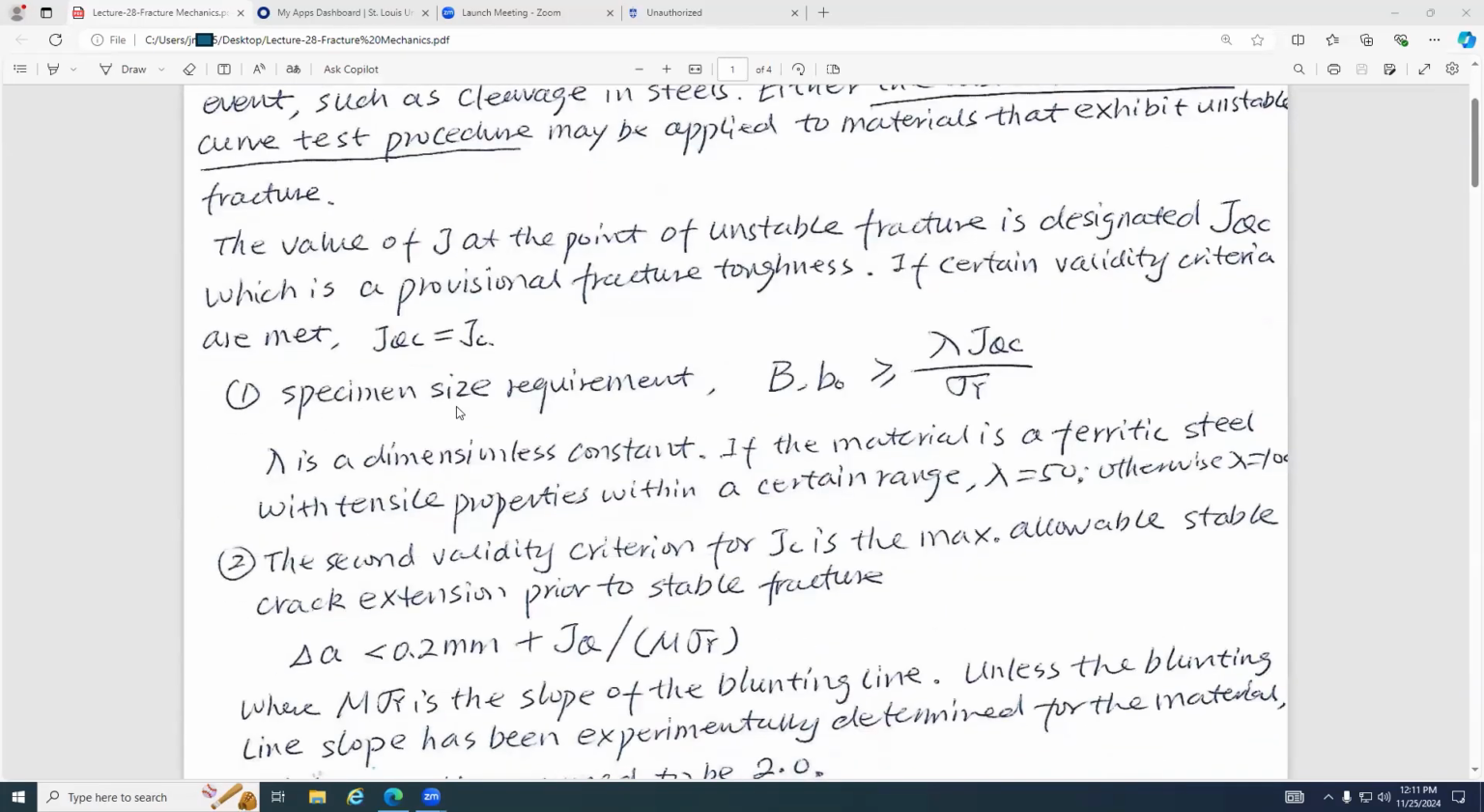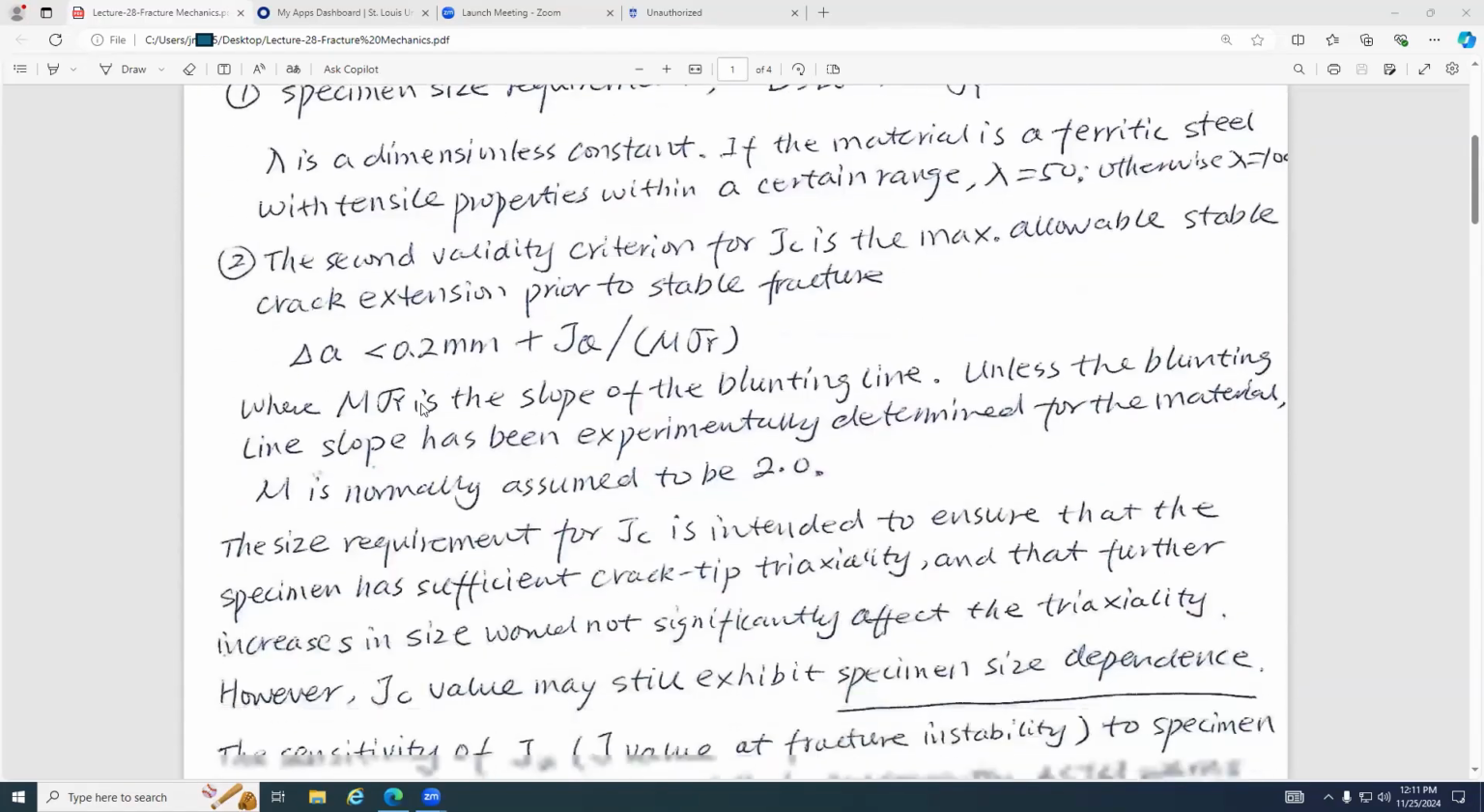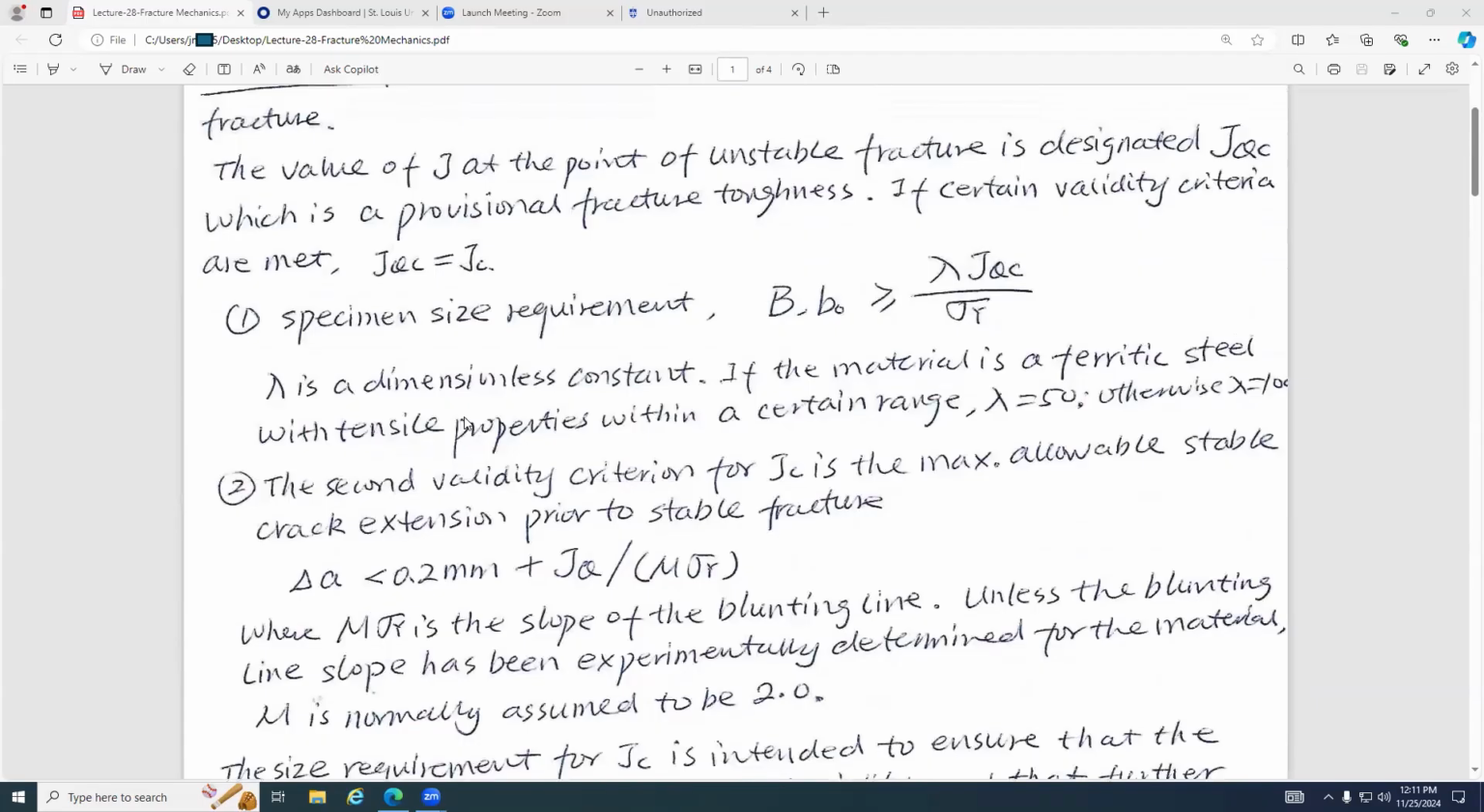First one, the specimen size requirement. You need to know these details. First, the B value: capital B is the thickness. And b0, what is b0, guys? The initial ligament length. Yes. Lowercase b is the ligament length, and b0 is the initial one at the very beginning. If these two values are greater than lambda times J_Qc divided by sigma_Y, where J_Qc is what you just got,